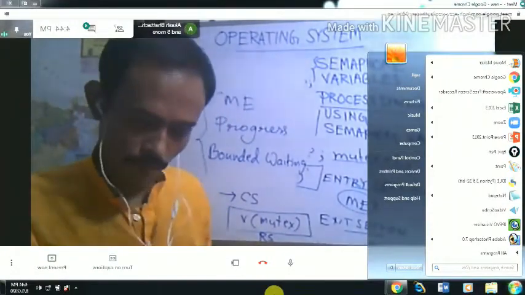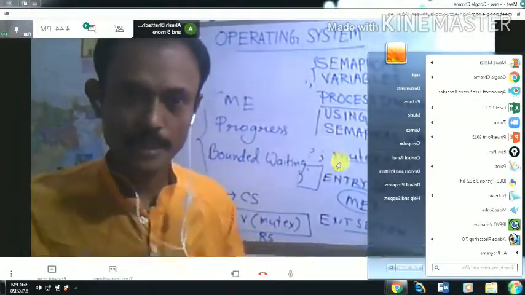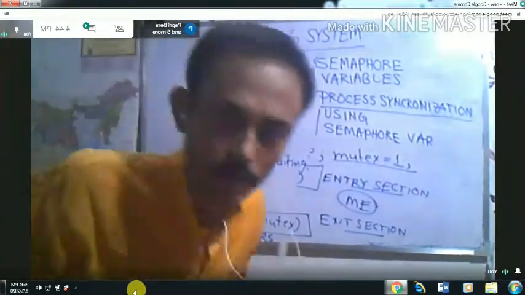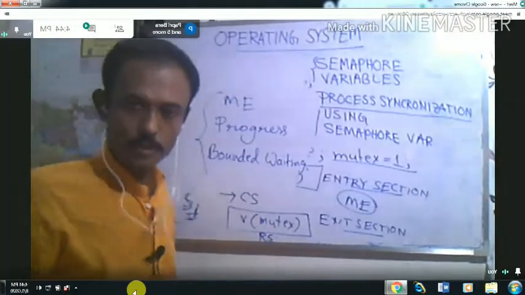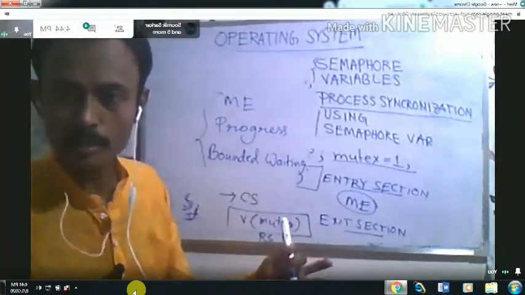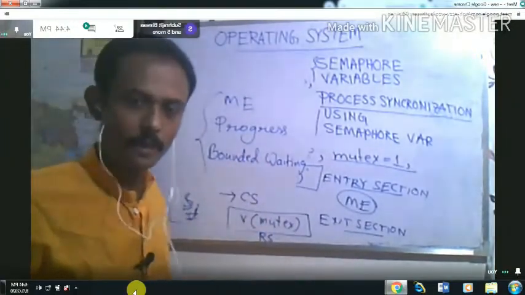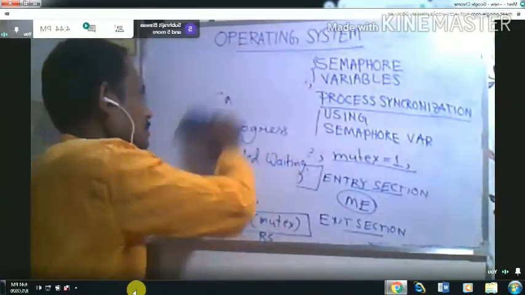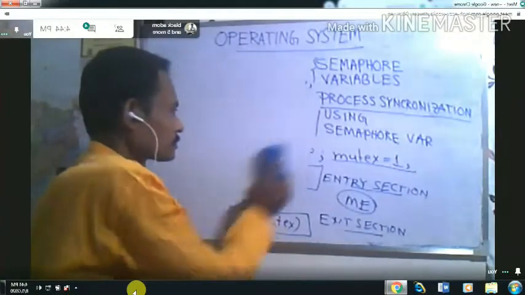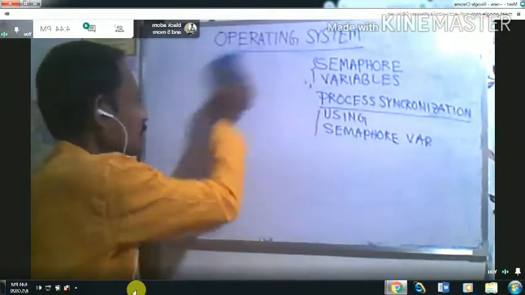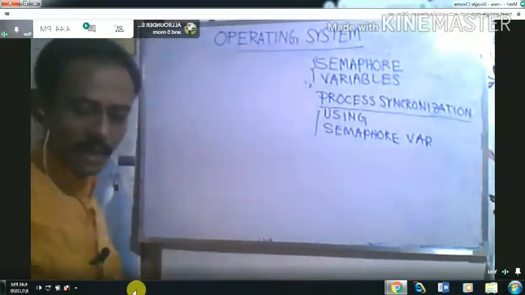This is one solution to ensure the mutual exclusion for the critical section, which is one application of the semaphore variable. Now we will see the other application of the semaphore variable. The other application of the semaphore variable is process synchronization.